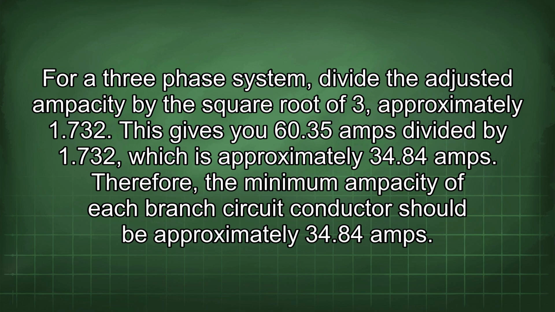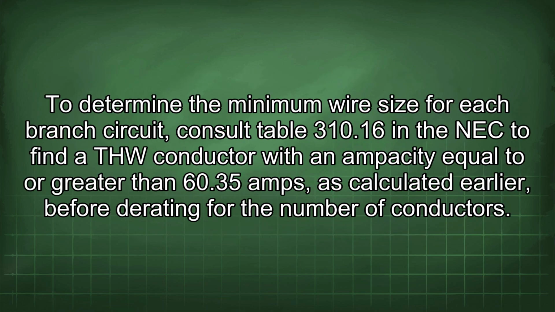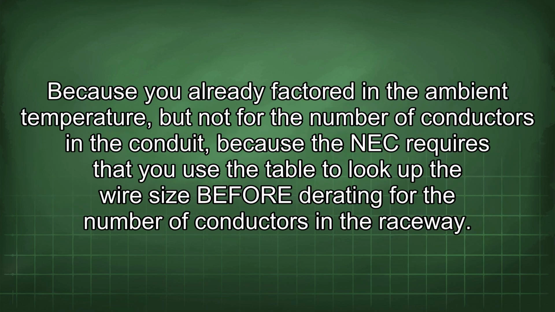Therefore, the minimum ampacity of each branch circuit conductor should be approximately 34.84 amps. To determine the minimum wire size for each branch circuit, consult table 310.16 in the NEC to find a THW conductor with an ampacity equal to or greater than 60.35 amps as calculated earlier, before derating for the number of conductors. Because you already factored in the ambient temperature, but not for the number of conductors in the conduit, the NEC requires that you use the table to look up the wire size before derating for the number of